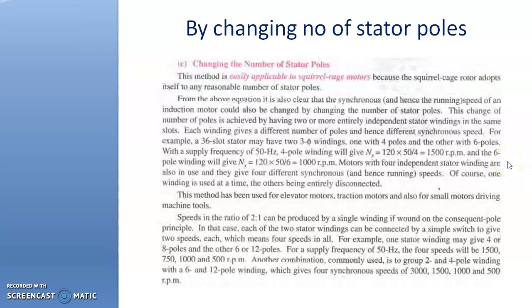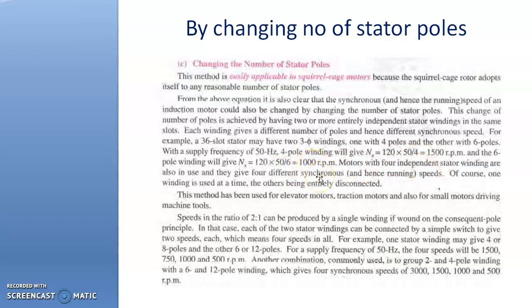The motor has to be designed to have different sets of poles. Suppose you have a motor designed with the stator having two sets of poles, so that you can get two synchronous speeds, so that you can operate the motor at two discrete speeds, not a continuously variable speed. For example, suppose you design a motor with 4 poles as well as 6 poles, so you can get synchronous speeds of 1500 rpm for 4 poles, and for 6 poles you can get 1000 rpm as the synchronous speed.